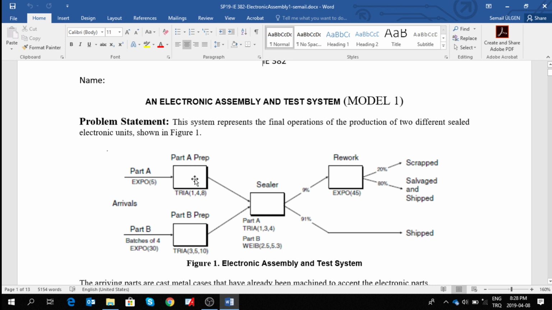After part A preps and part B preps are done, they are going to the sealer. There is a machine here which is going to seal the parts. Part A parts are going to be sealed with a triangular distribution 1, 3, 4, and part B parts are going to be sealed here in the sealer with a Weibull distribution 2.5, 5.3. This 2.5 and 5.3 have meanings, of course. And then afterwards there's a choice